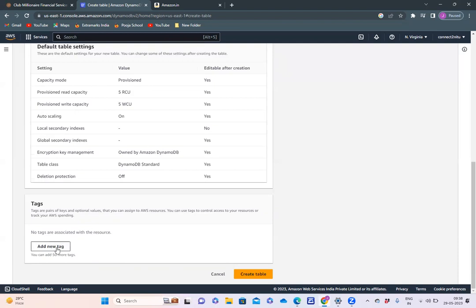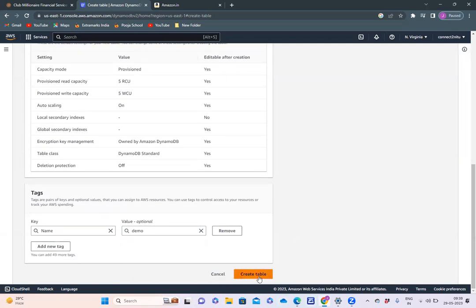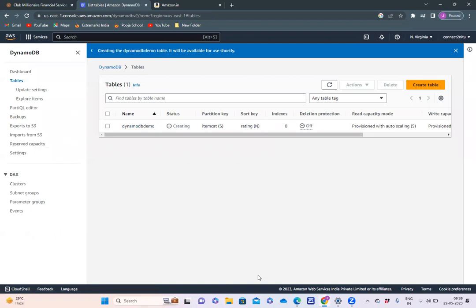Then if you want, you can put a tag. I'm just going to say, hey, this is just for the purpose of demo. I'm creating this DynamoDB, and you could choose to create the table here. You notice that creation of a table will take a while, not too much, but it will take some time to create. In the meantime, when this is happening, let's take a look at